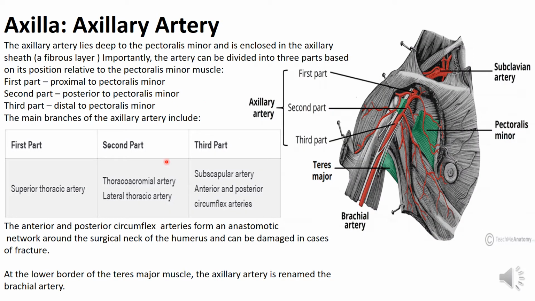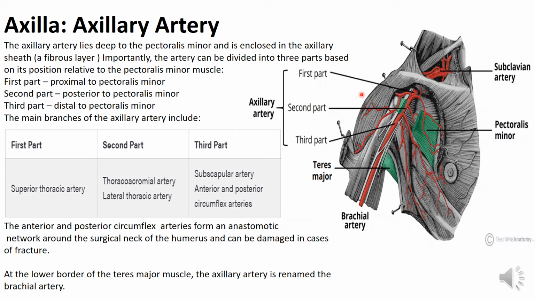Coming to the details of axillary artery. Here you have to remind yourself about a muscle called pectoralis minor. The middle part of this pectoralis minor muscle is cut here just to expose the underlying axillary artery. The green colored muscle is the pectoralis minor muscle. So the lateral border of the muscle, the medial border of the muscle, then under the muscle.